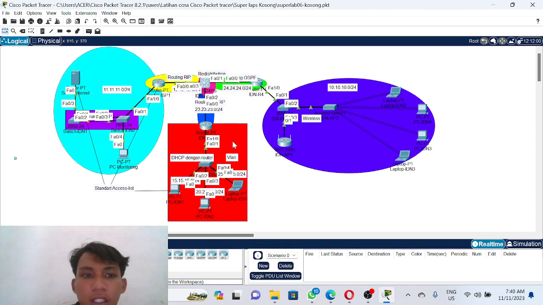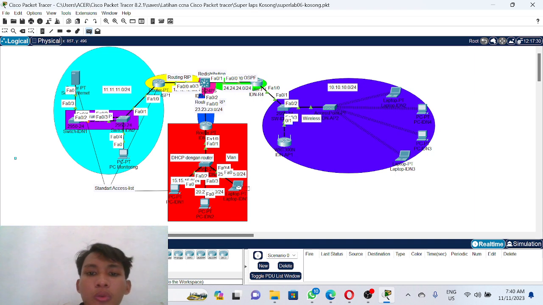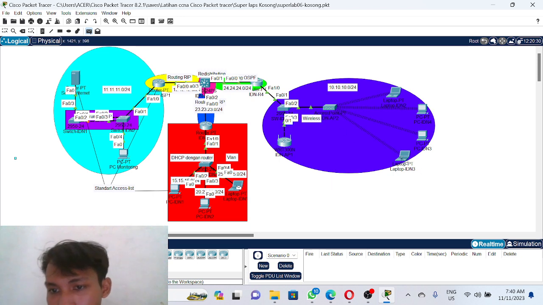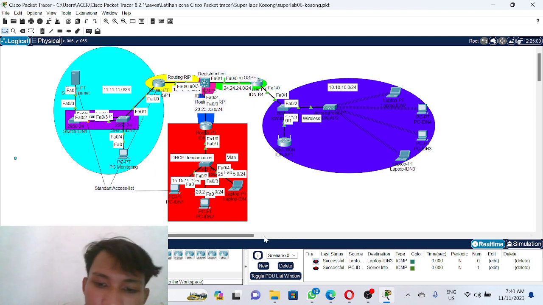When we are done with the redistribution, we check from another network, pinging from this network to that network, to see if it is successful. We have success for the topology.